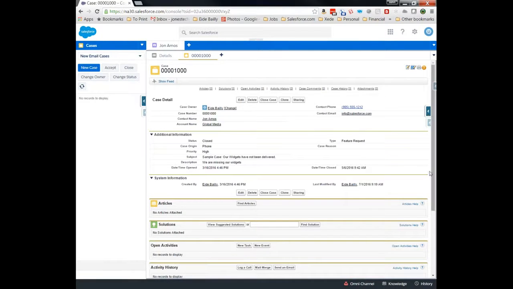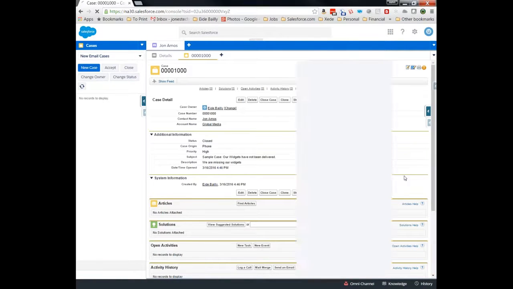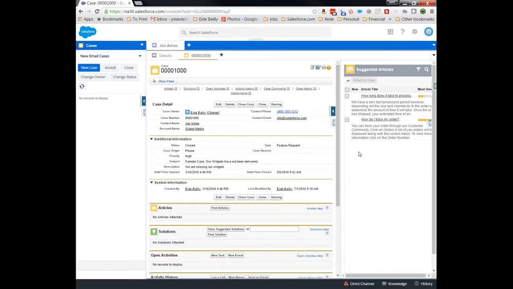I'm going to pop this sidebar back open that I closed a second ago. This is a suggested article, so if you have knowledge licenses, then this becomes very powerful with the console. Solutions are nice because once you've got the case, then you can just hit Find Solution or View Suggested Solutions, but the articles actually become real time. So I'm actually going to go out here, and I'm going to throw in a new case